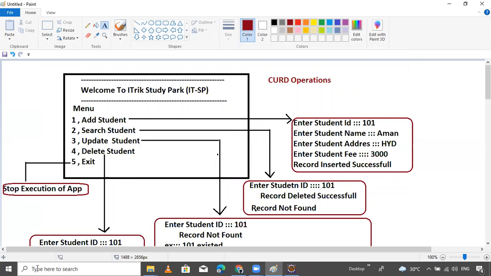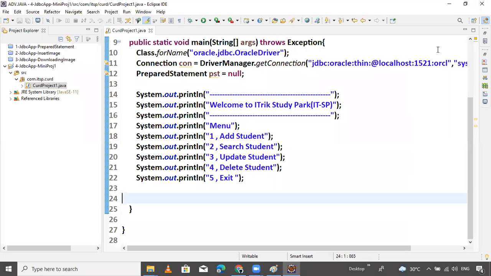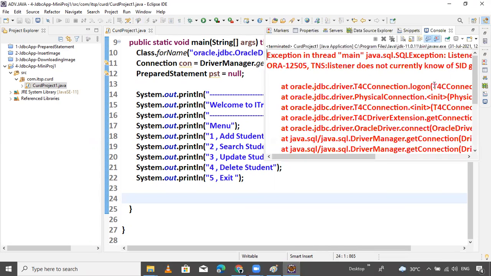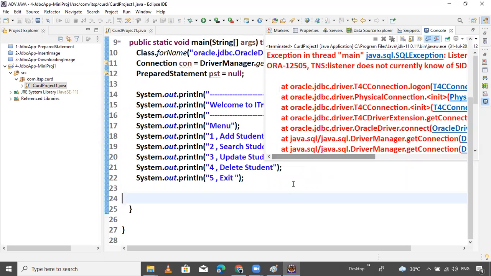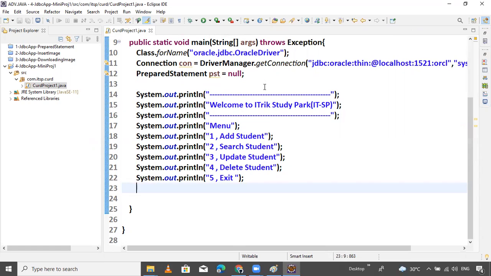But now it's getting some errors. Why? Let me check in the database whether it's running or not. Now, yeah: listener refused the connection, following errors. So now it wants to restart my system. That's a database problem; the code is good already. If I restart the system, then all these things are gone, so I don't want to restart. Just prepare the code, and after the problem is fixed, I will execute.